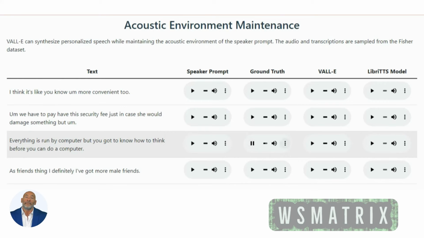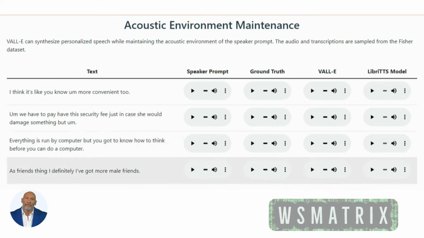Everything is run by computer, but you got to know how to think before you can do a computer. Everything is run by computer, but you got to know how to think before you can do a computer. Say, oh my God, I've got really bad PMS. As friends saying, I've got more male friends. As friends saying, I've got more male friends.